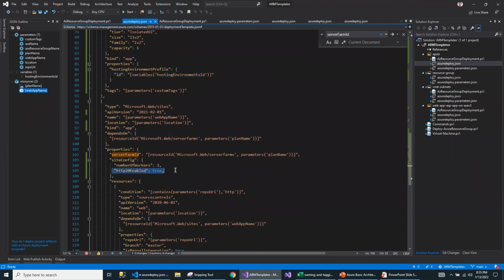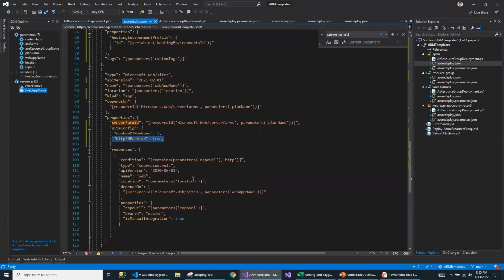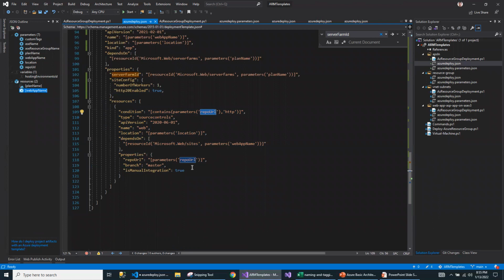And then if you want to add site configurations, you can add them here. So for example, if I want to enable HTTP 2.0, you can decorate that. So this is another resource within the website for the repos, the deployment thing I was talking about. I'm not using it at this point, but I can expand in the future. So this is how the script will look. Let me quickly open the portal to show how the resource looks.